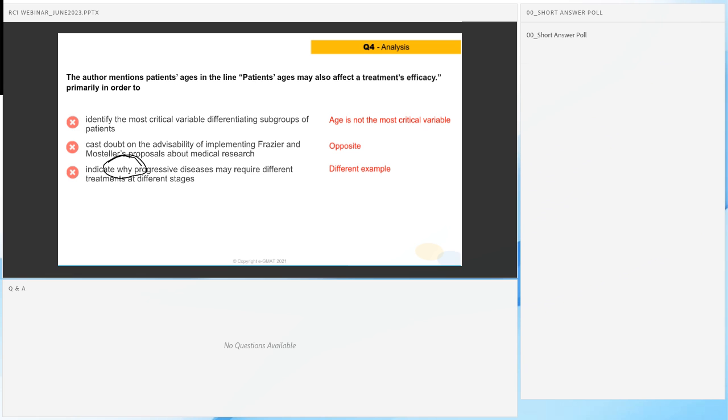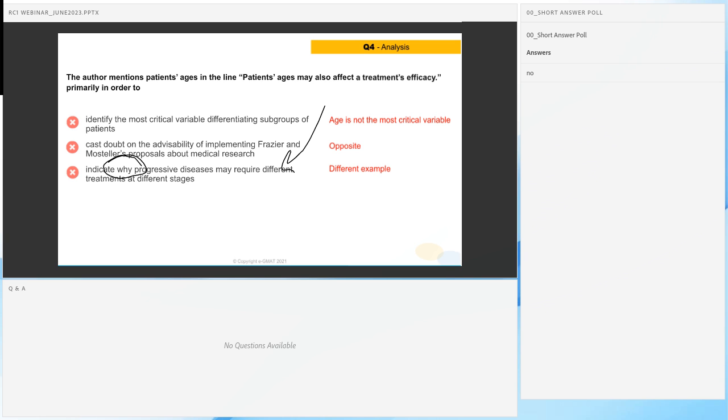Does the author really talk about the reason why progressive diseases require different treatment anywhere in the passage? Is that reasoning, or no, the author doesn't talk about that anyway. Again, understand what that answer choice is trying to tell you, and then really ask yourself, does the passage do this job? The answer to that is no. Reject that answer choice, move on. You can reject it with 100%